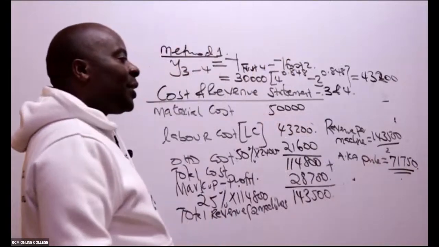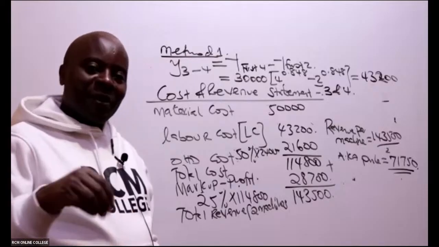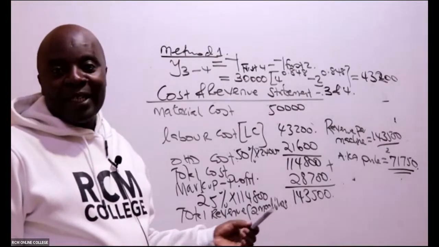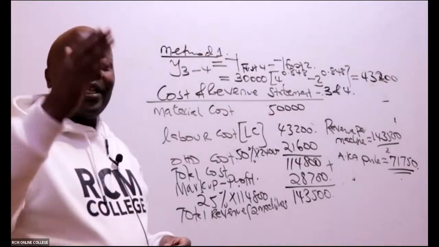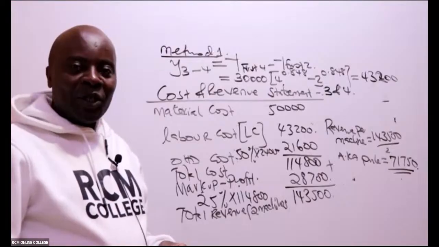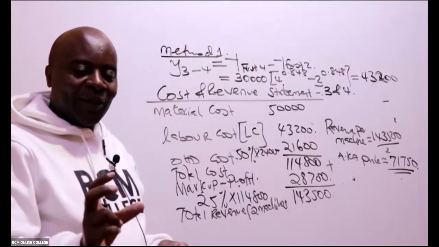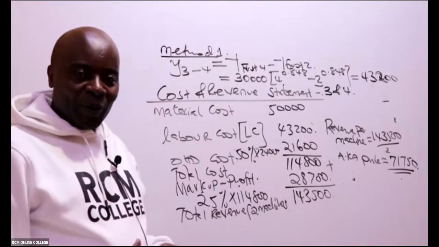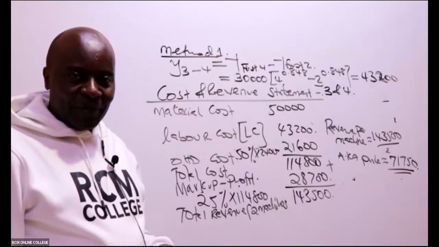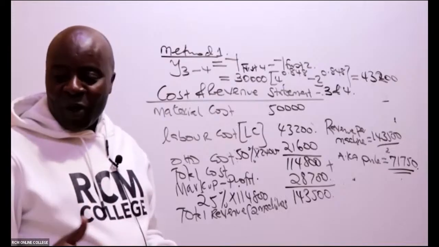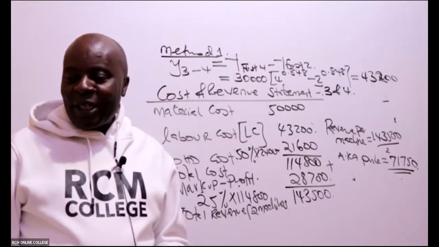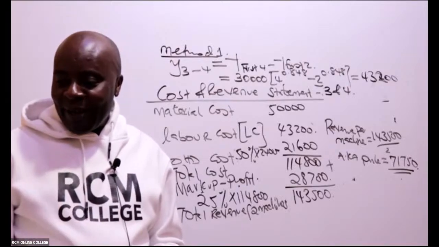So I'm 100% sure that there is somebody who used a different method, but at the end of the day, they have ended up getting the same answer with us. There is somebody who did the price for machine 3, the price for machine 4, and then they added the 2 divided by 2 to get an average price. That's why I gave you a chance to try the question. Is there somebody who used a different method and yet they have gotten the same answer?